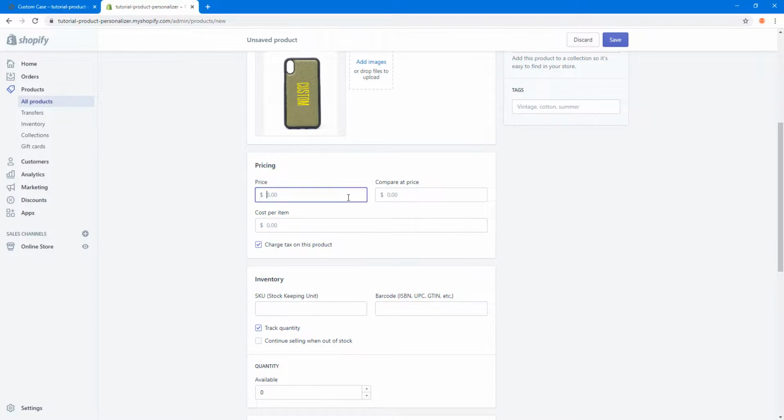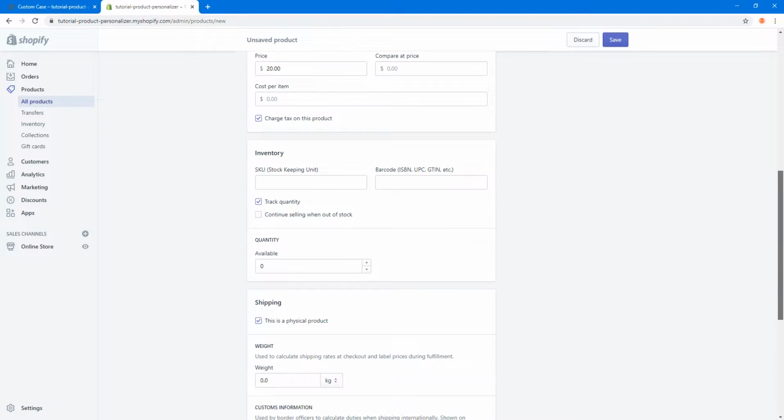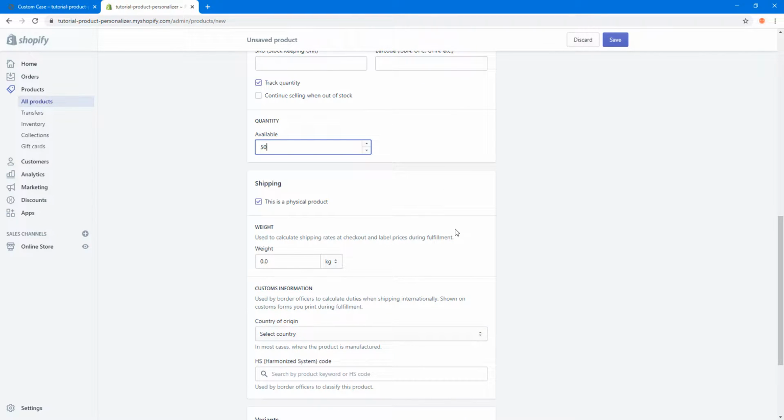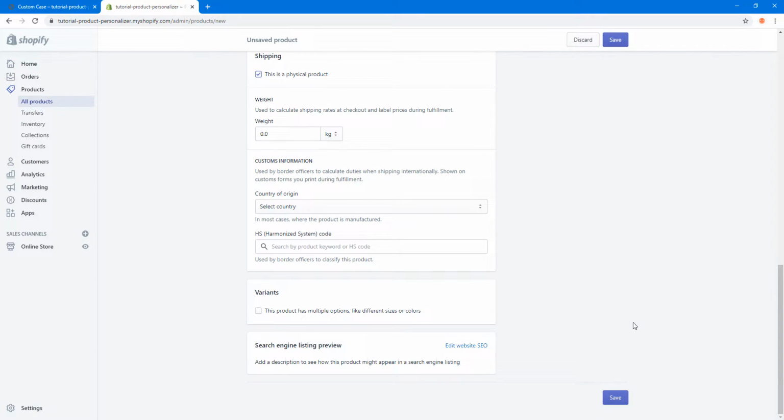You can set in the price, for example, $20. Etc. Then quantity here, maybe I have 50 of it or whatever. You can change in these options as you want. So we're going to just go ahead and click on save here to go ahead and customize the options given